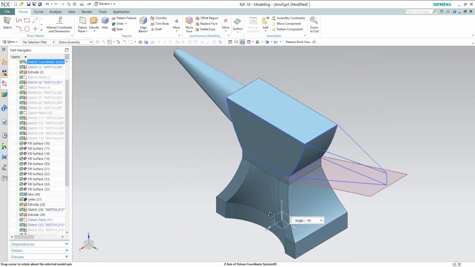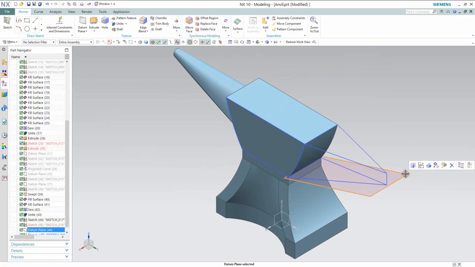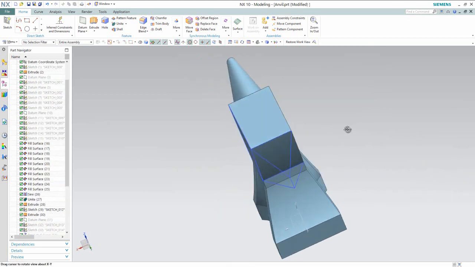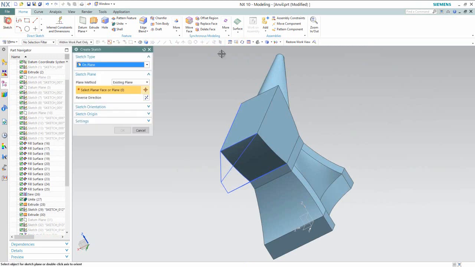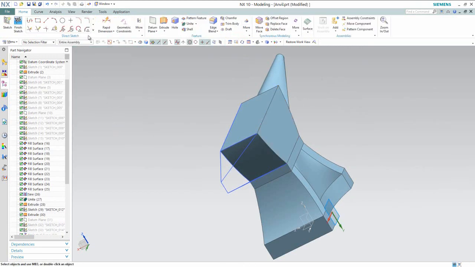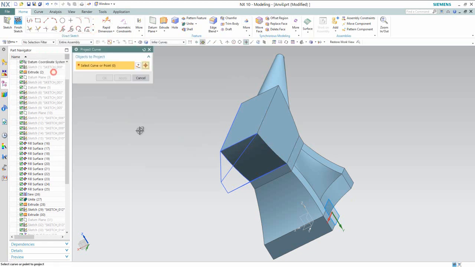Rotate the model. Create a sketch on this face. Activate the project curve command.